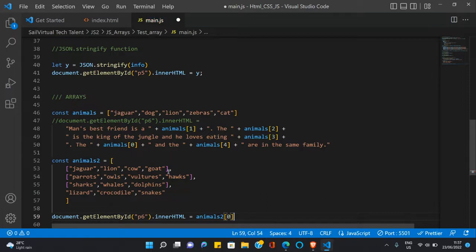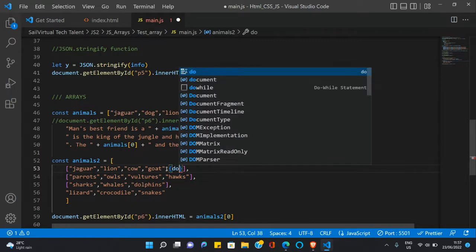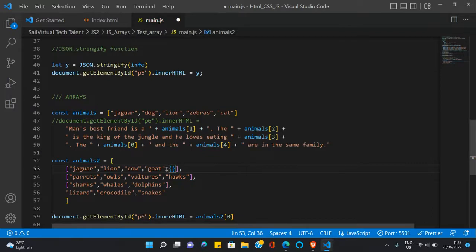So let's have an object within the array itself. This object will have a key called the dog family. And the value for this object key here would be an array again. So now we are going to have an array within an object within an array within an array. So the dog family has